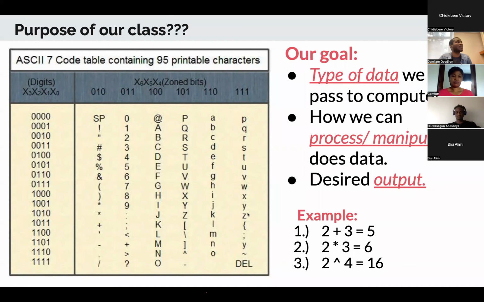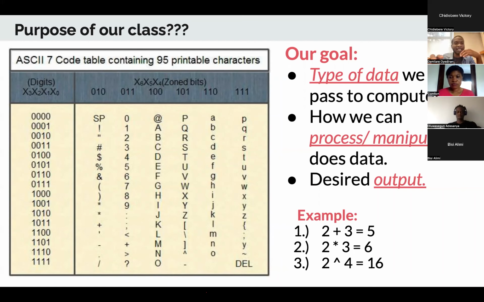And if you look on my right and on my left hand side, I don't know if it is the same for you, you see we have a picture or image that shows different symbols, numbers and alphabets. And for the alphabet, you can see some of them are in capital letters, some of them are in small letters. And what this image is trying to tell us is, for example,